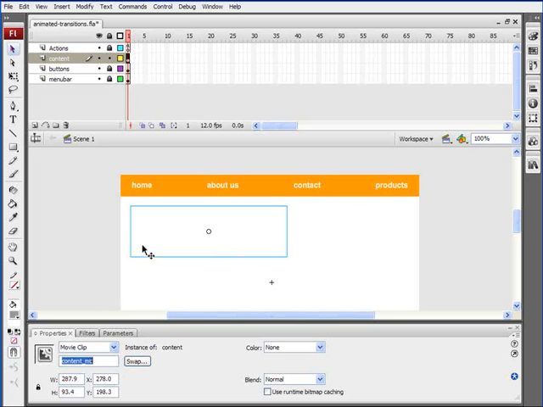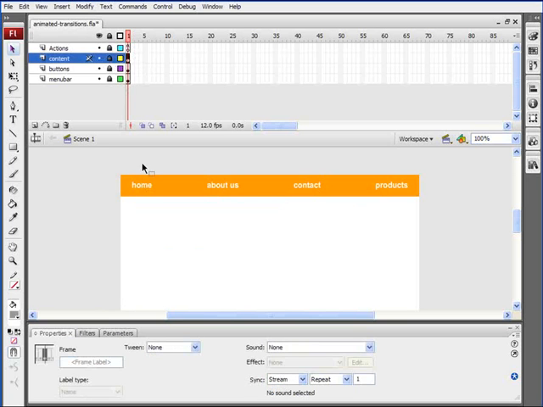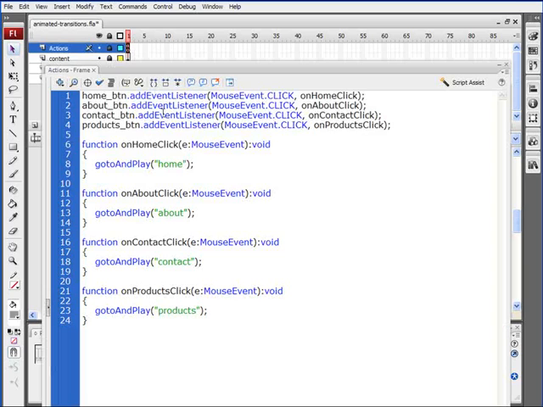Easy enough. So let's lock that content layer. And then everything else will be done in the actions layer. We'll click on frame 1 for our actions, hit F9 or Option F9 if you're using a Mac to open up your actions,